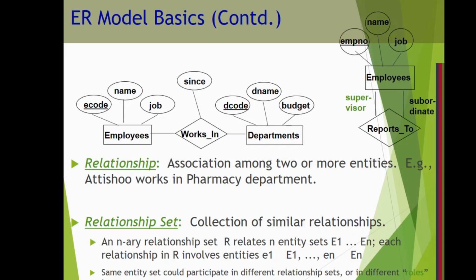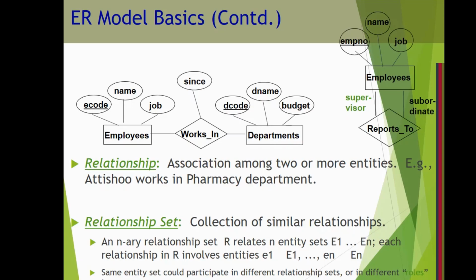Normally in an ER diagram, wherever you see the rhombus or diamond symbol of a relationship, it will normally be between two different entities. But sometimes you will encounter this type of diamond symbol in which the line comes from the entity employees and the line also goes to the entity employees. The line coming in is labelled supervisor and the line going out is labelled subordinate. So which relationship is this? Reports to, which I can also call the relationship of supervision.